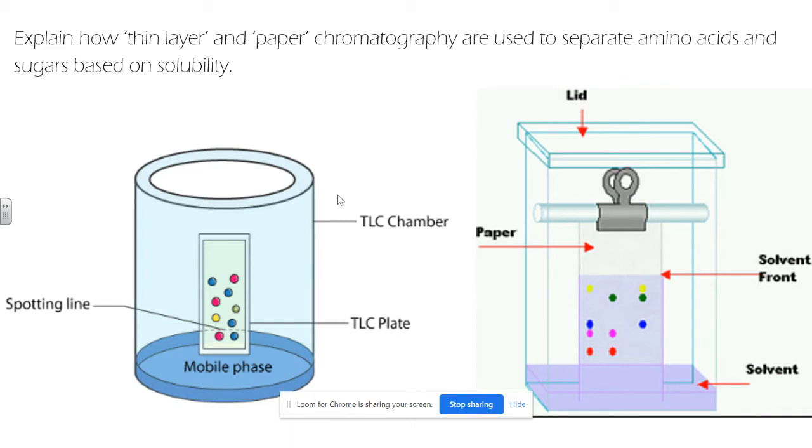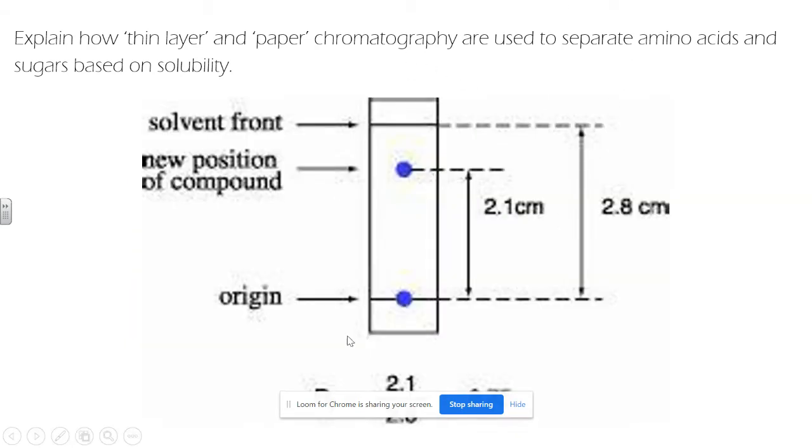In general, a substance whose structure resembles the stationary phase more closely will have a low RF value, so will move less far in the given time, while one that has a similar structure to the mobile phase will have a higher RF value. Thin layer chromatography can be used to monitor the progression of a reaction, identify compounds present in the mixture, and determine the purity of a substance. So we can see here the solvent front, the mobile phase, has moved 2.8 centimeters and the new position of the compound is 2.1. So you would find your RF value with 2.1 over 2.8, which is